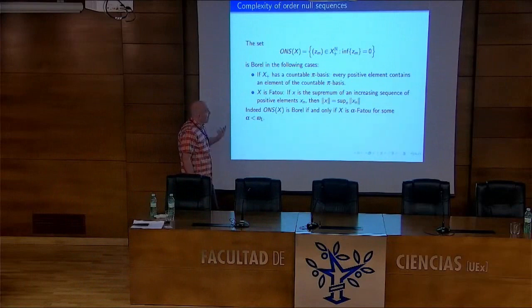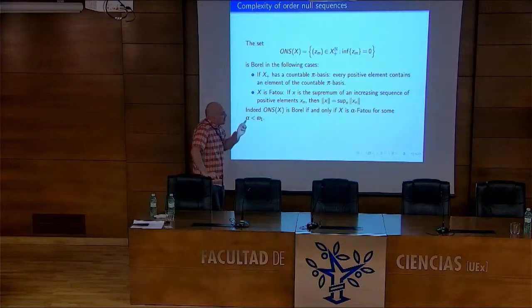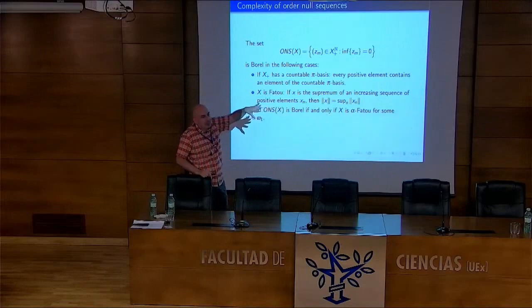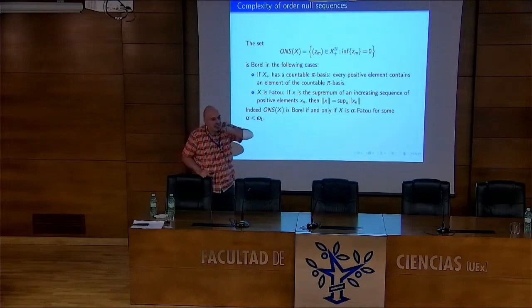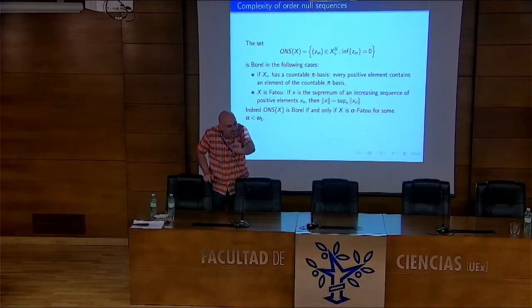And this alpha Fatou thing is the thing that is going to tell you that the set is coanalytic. And this is about having approximate lower bounds, because here the negation of this is that you have a lower bound, if you are not infimum 0. But then you can think of having approximate lower bounds, in which you start with no lower bound, then an epsilon lower bound, then another a little bit better, and then another little bit better.